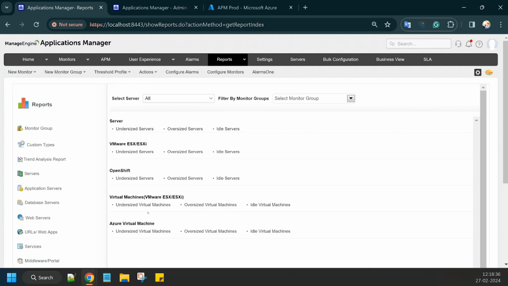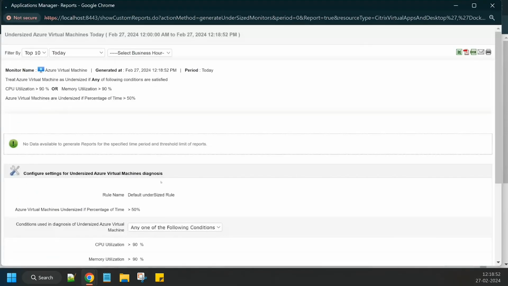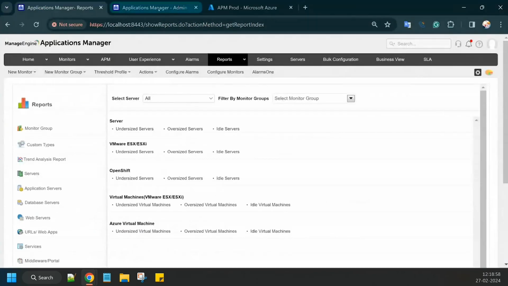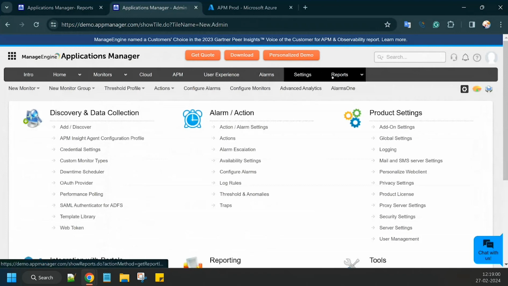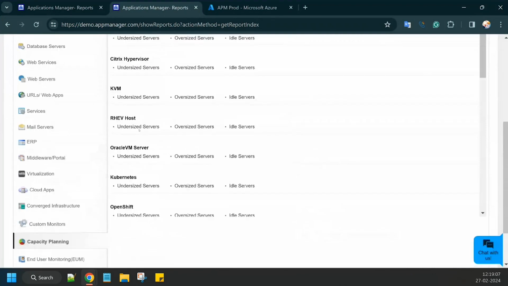In case you have allocated 30 GB of memory and only one application is running, and if any user accesses the application, the CPU usage goes only to around 10%, those virtual machines are called oversized. So likewise, you can click on those particular undersized virtual machines to fetch the information. Once you click on it, it will list down the reports along with the virtual machines. Just go here under Reports, Capacity Planning, and here